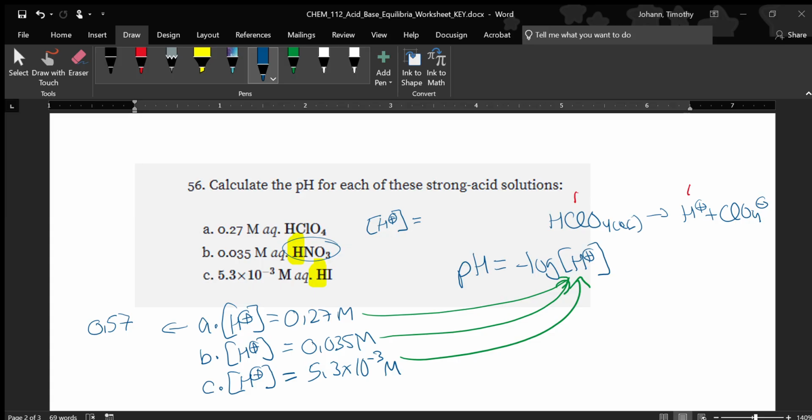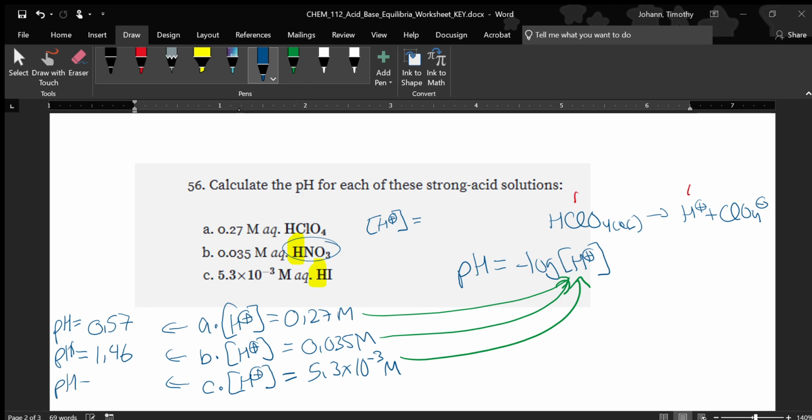If I do B here, I'm going to clear my calculator, I'm going to put 0.035 into it, and I'm going to take the log, and my pH ends up being, let's go pH equals, this is going to be 1.46,